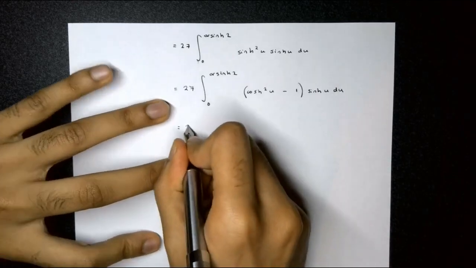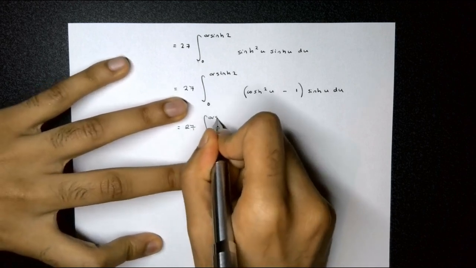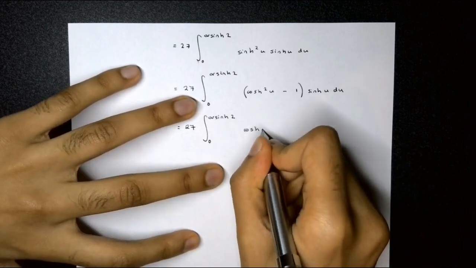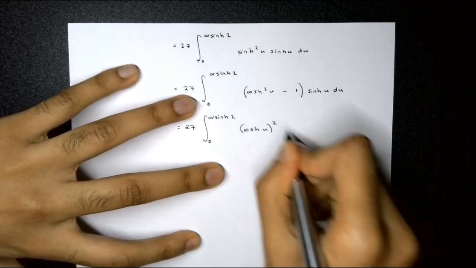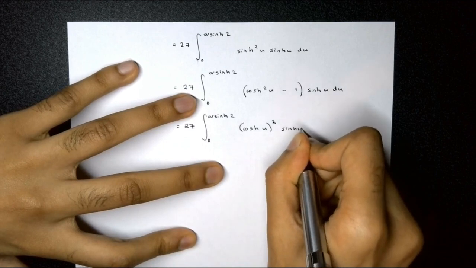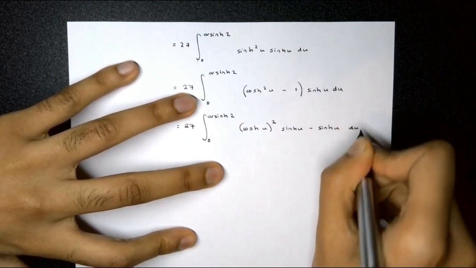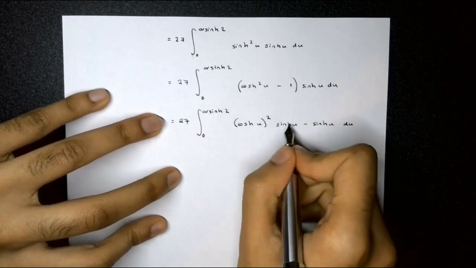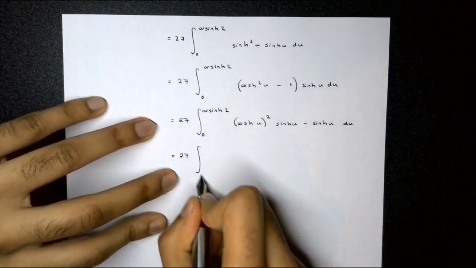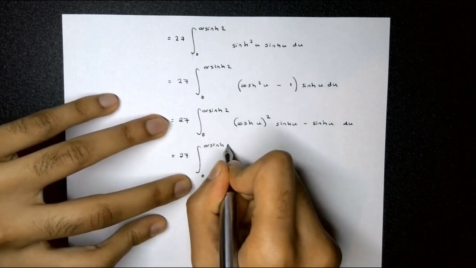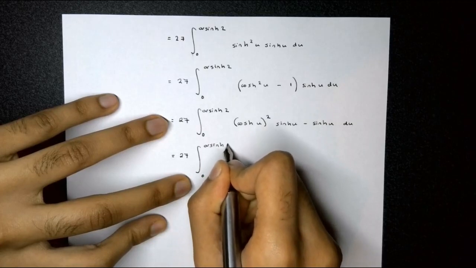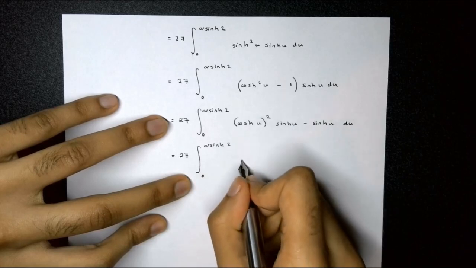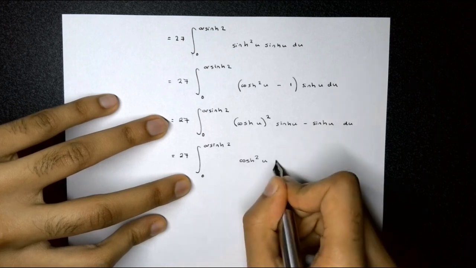So if we expand out, we've got 27 lots of the integral from 0 to the inverse hyperbolic sine of 2. Now here we've got hyperbolic cos u all squared, and I'm purposely writing it like this, times by hyperbolic sine u, and then we subtract off hyperbolic sine u. Then we've got the du. So now here we can use the reverse chain rule because the derivative of what's in the bracket is outside of the bracket. So we've got 27 lots of the integral from 0 to the inverse hyperbolic sine of 2 of this result. So we've got this,